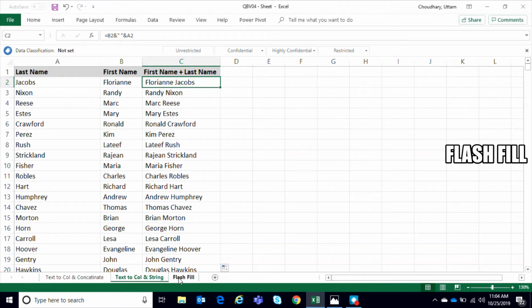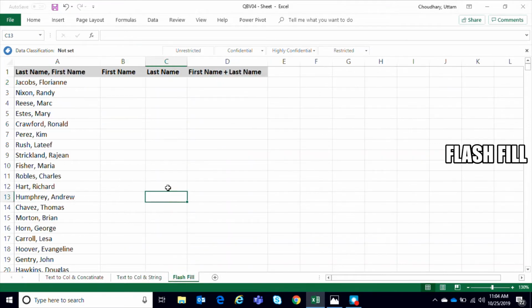Now let me take you to the most interesting option here, which is called flash fill. Flash fill works like a champion. You don't have to do anything with formulas, you don't have to do anything with string. It just comes so handy. So, for example, in the first name, you don't have to type any formula. You don't have to do text to column. What you can do is just type the first name,